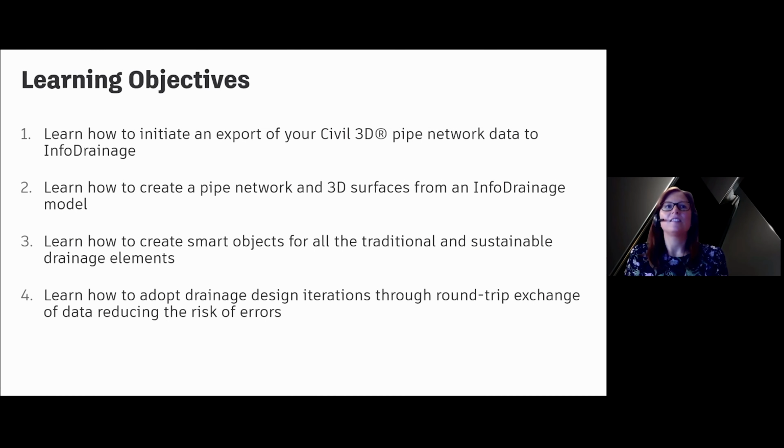To start, let's look at the learning objectives for today's session. We'll be looking at the workflows from Civil 3D to InfoDrainage and back using the InfoDrainage for Civil 3D tool. We'll be covering all aspects of the drainage, all of the elements from traditional pipes and manholes through to green infrastructure elements. Depending where you are in the world, these green infrastructure or sustainable drainage elements might be referred to